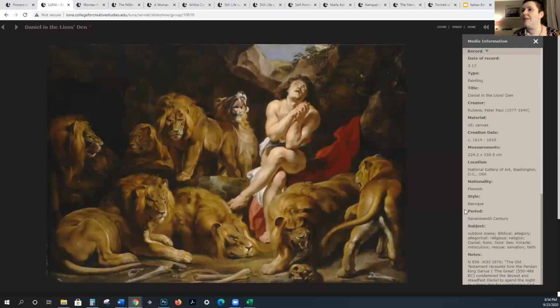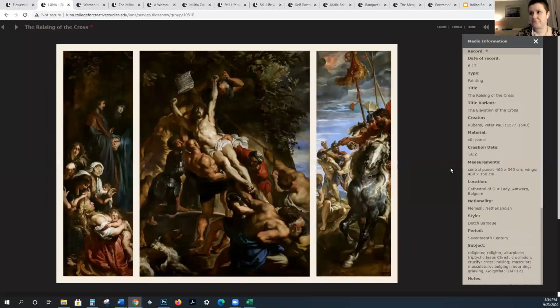But there is less religious subject matter, but it's not eliminated. And so you can see that there is more drama inherent in these works. So this is Daniel in the lion's den. Daniel was thrown into a lion's den, and he survived without a scratch overnight because God saved him. And so they knew that he was a true prophet, essentially. Okay, so you can see this exuberance as well as the influence of the Italian Baroque here in this,